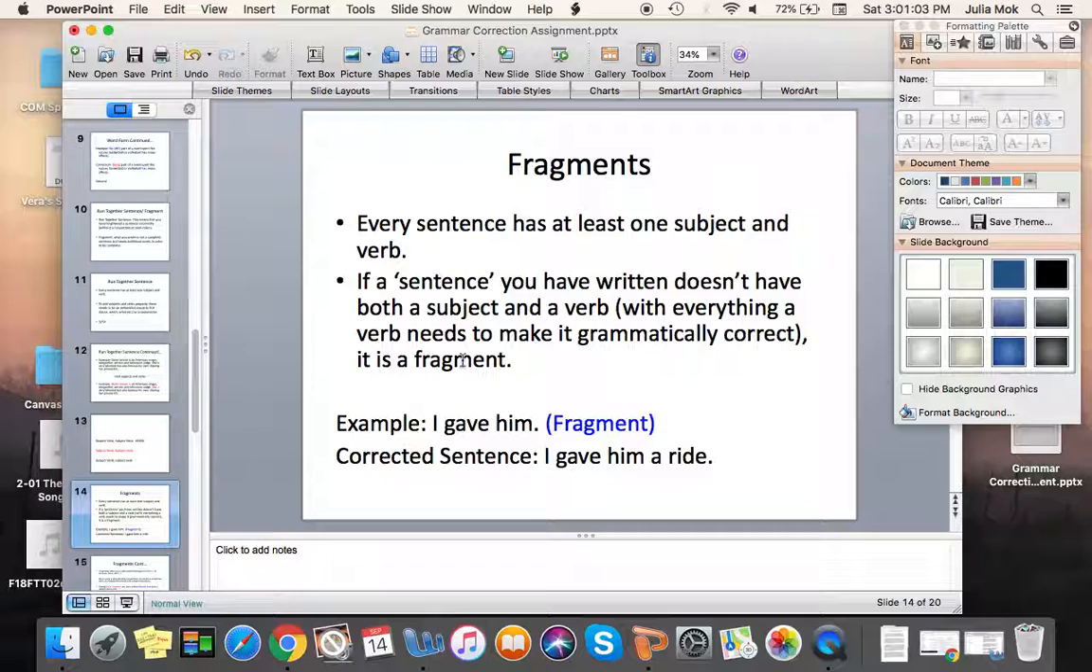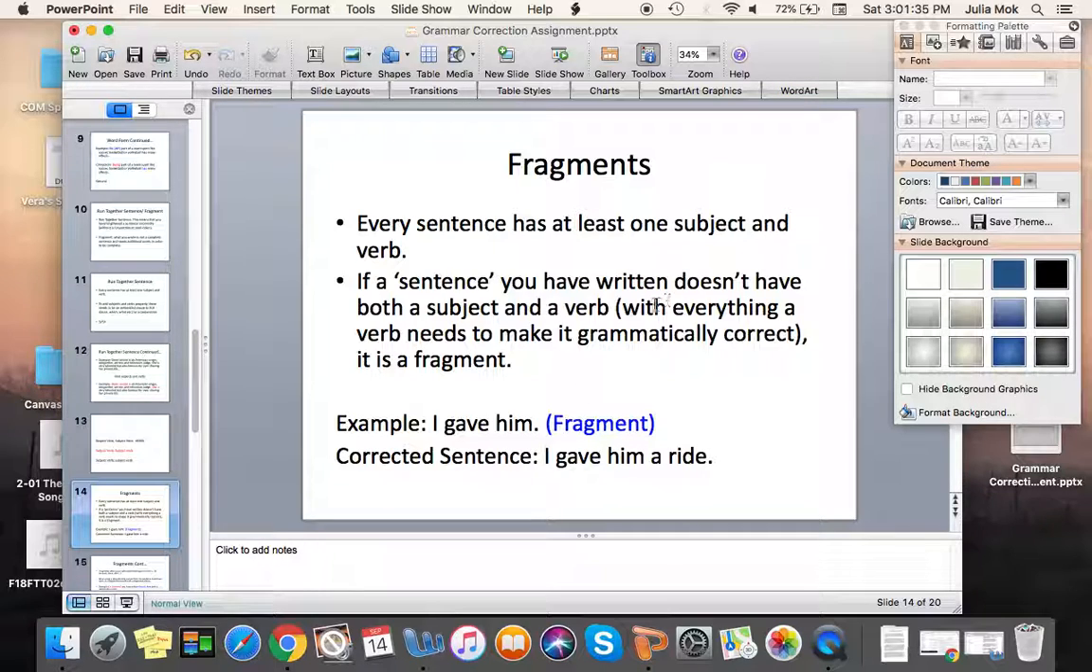Now a fragment is a little less common than a run-together sentence for students in your class and language level. But like I mentioned before, every sentence has at least one subject and one verb. If a sentence, and I put a quote around it because fragments are not complete sentences, but if something you wrote that you think is a sentence doesn't have both a subject and a verb,